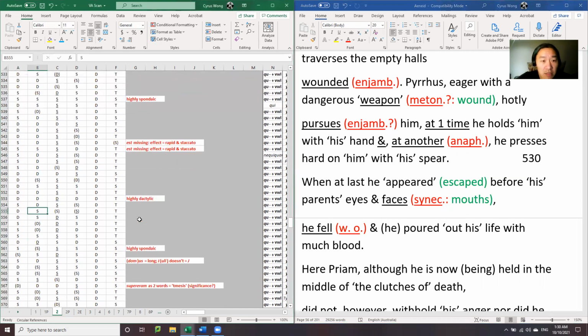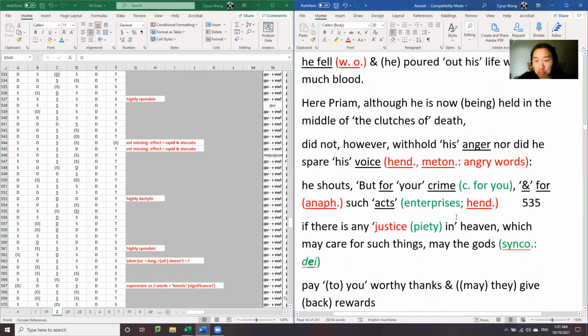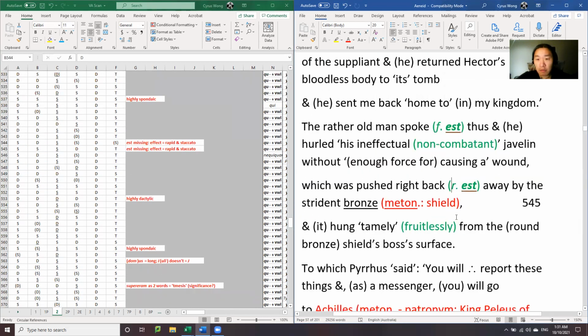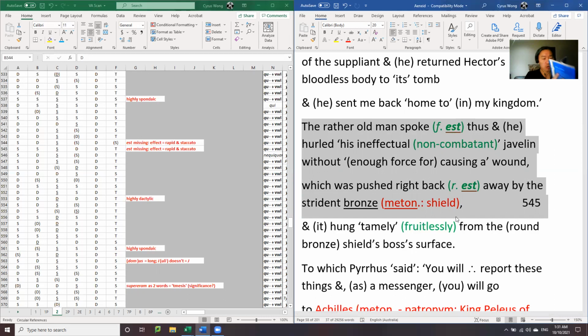So going down, 544, 45. Oh yeah, so this one here, staccato again. So just look for shorter words, I guess. So 44, 45, if I turn to that. Yeah, there's a bunch of shorter words, lots of spaces. It says the effect is